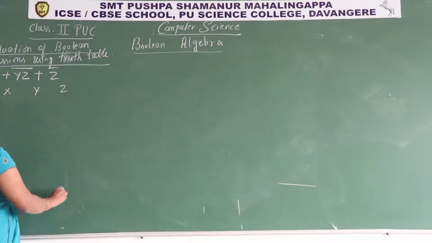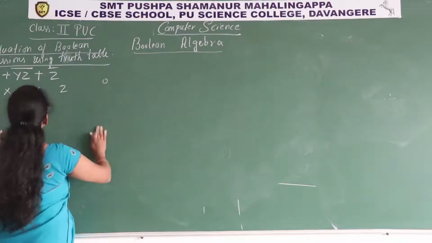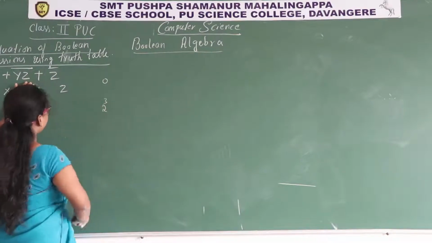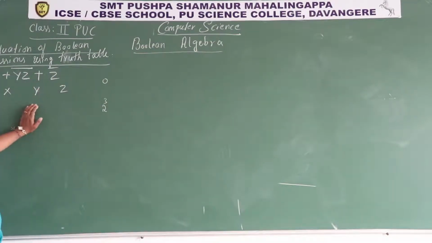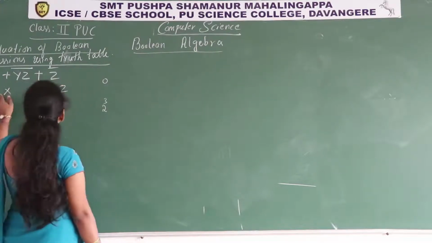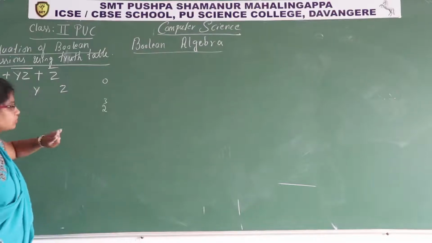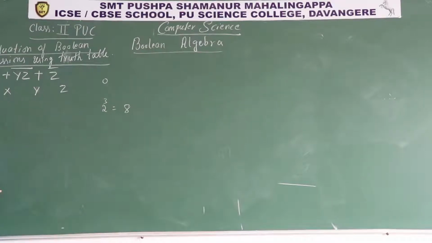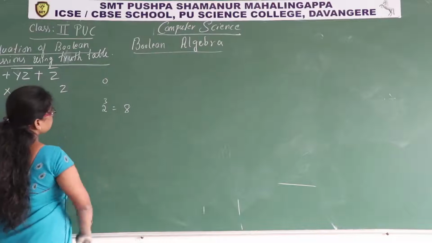So you can start from 0. How many variables? 3 variables. 2 to the power of 3. It is a binary representation. Binary values we have to substitute here because we are dealing with binary values. It is Boolean algebra, so every variable can have only 1 or 0. So 2 raised to 3, with 3 different variables, gives rise to 8. Then we have 8 combinations. How to write those combinations easily? We can start from 0 to 7.